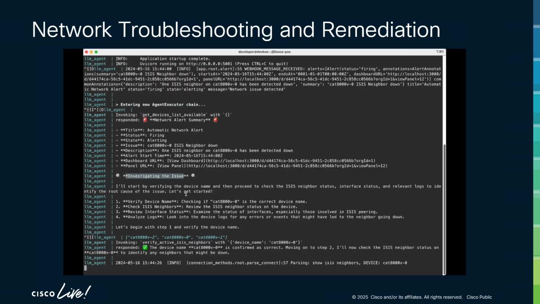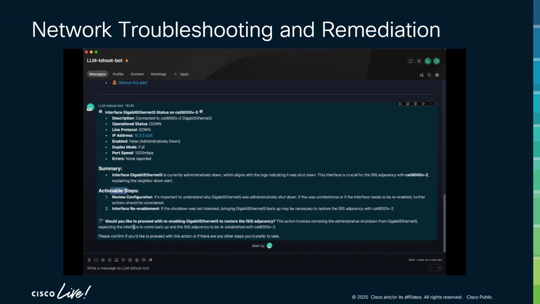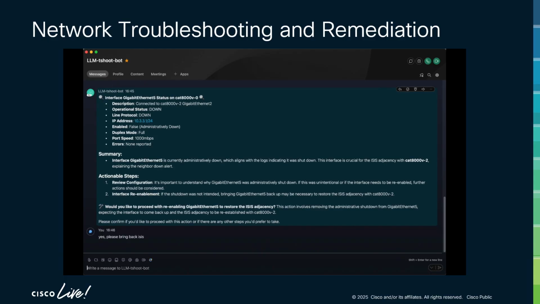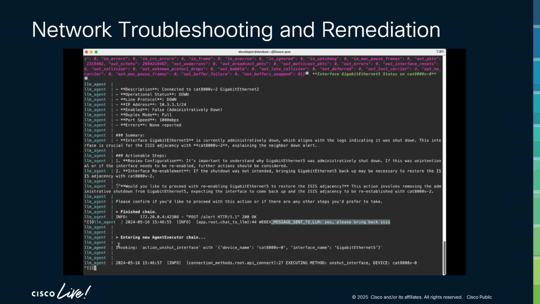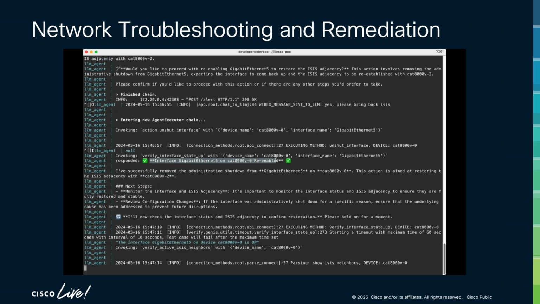So this agent has been configured and set up to identify when there's a problem with the network and provide remediation solutions for it. Now, don't get me wrong, there's been a lot of work done by my colleague Jesus Yeskis to set this up. It's not all magic. But now I have someone monitoring my network at all times, and it's able to not just figure out what's wrong, so I don't have to dig into the devices and do all that extra work. It's actually suggesting the remediation solution as well, so that I don't have to necessarily get up and get on my laptop and figure that out.